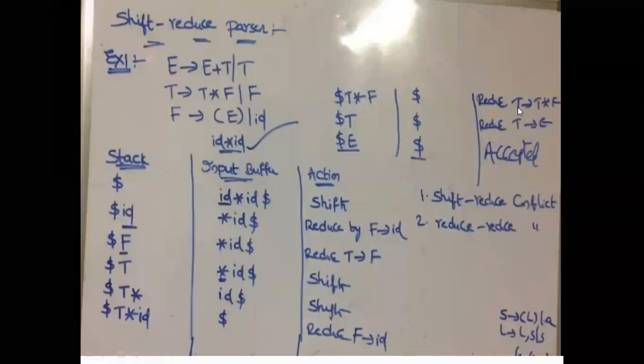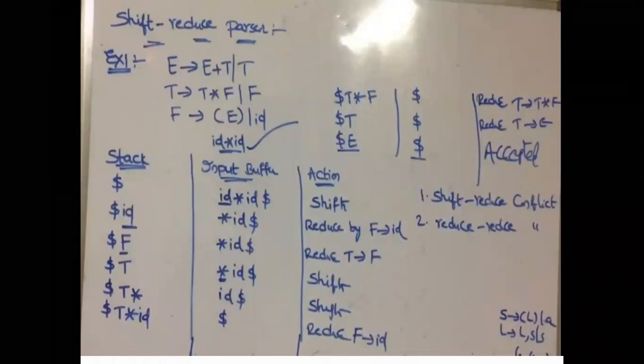So we are having three alternatives. So reduce: E is production with T, T is production with F, and T is production with T star F. So we are having three reduce operations. Then which one we have to choose means we have to construct the correct parse. That production will be taken as the correct one, and we are getting the correct parse. So we can accept that particular string as correct. Okay, so that is called the reduce conflict. So we are having three reduce statements. So which one we have to choose? That means we are accepting the string, that production will be taken as the correct one.